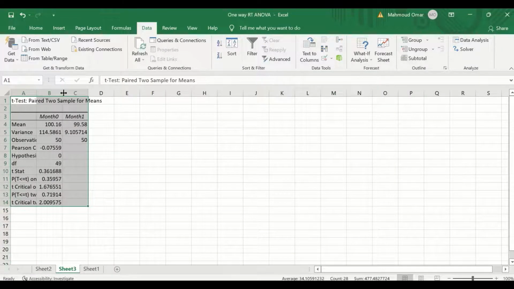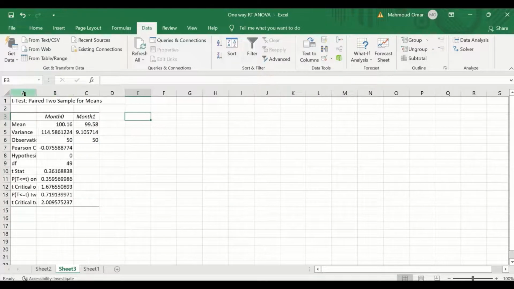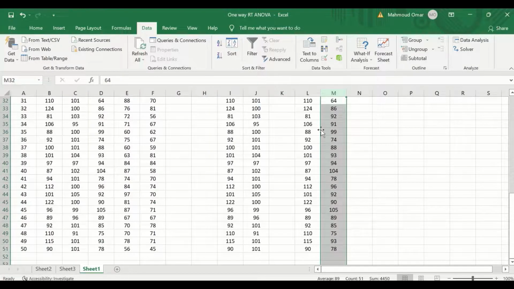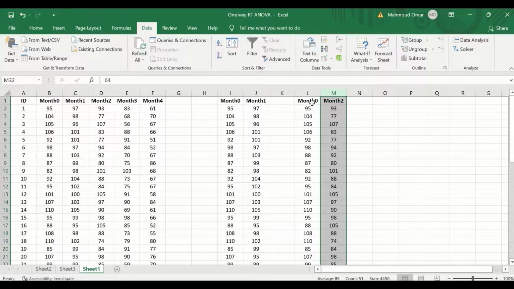A table is generated for the paired t-test, and as shown here, the p-value is greater than 0.05, so there is no significant difference in the weight between those who have exercised for 1 month compared to the beginning of the study. To perform the second pairwise comparison between the beginning of the study and exercising for 2 months, click